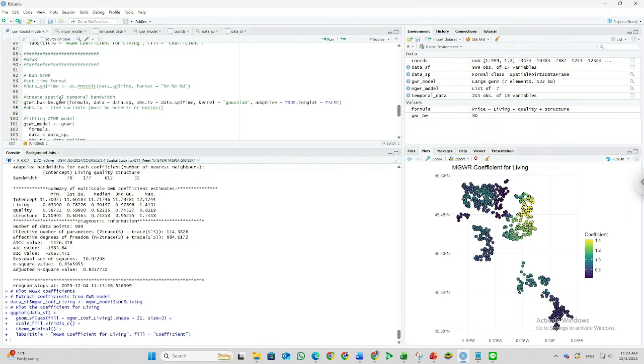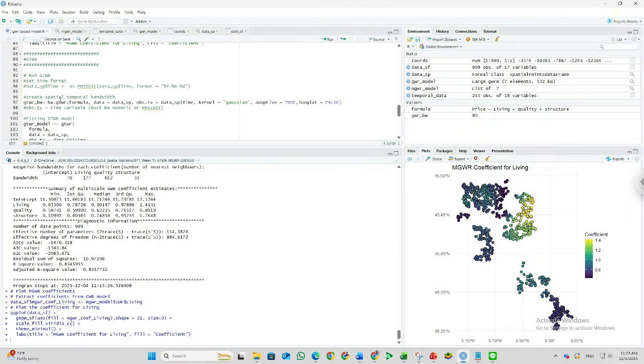In the MGWR we have a different bandwidth for each independent variable, and we also have different coefficients based on the point data set location. And in the GTWR we also